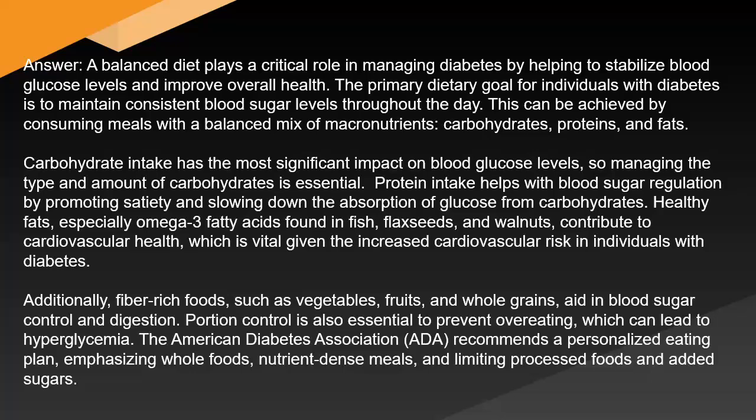Additionally, fiber-rich foods, such as vegetables, fruits, and whole grains, aid in blood sugar control and digestion. Portion control is also essential to prevent overeating, which can lead to hyperglycemia. The American Diabetes Association (ADA) recommends a personalized eating plan emphasizing whole foods, nutrient-dense meals, and limiting processed foods and